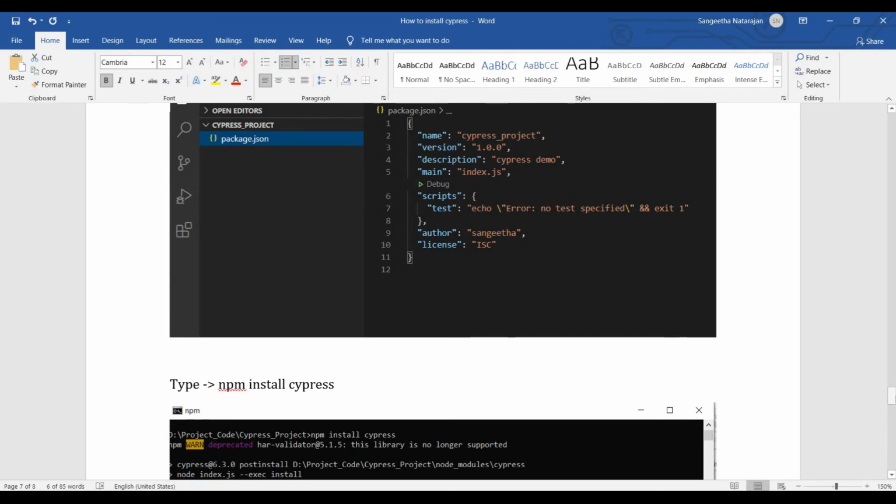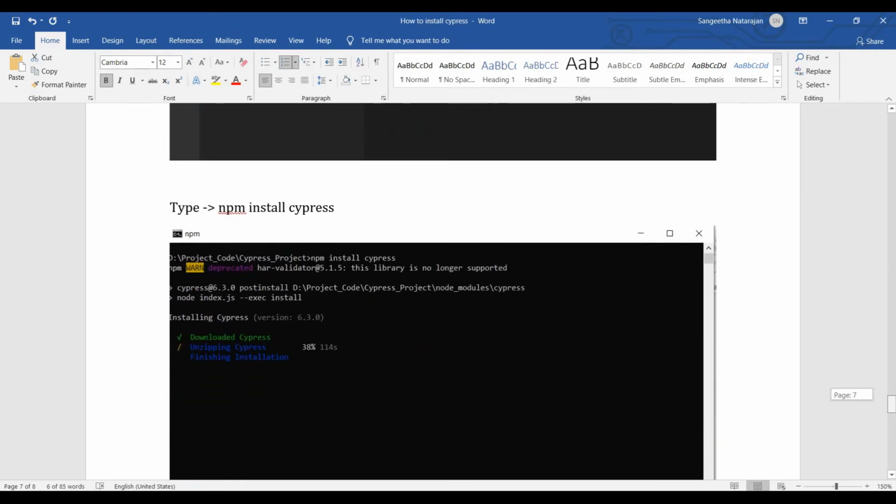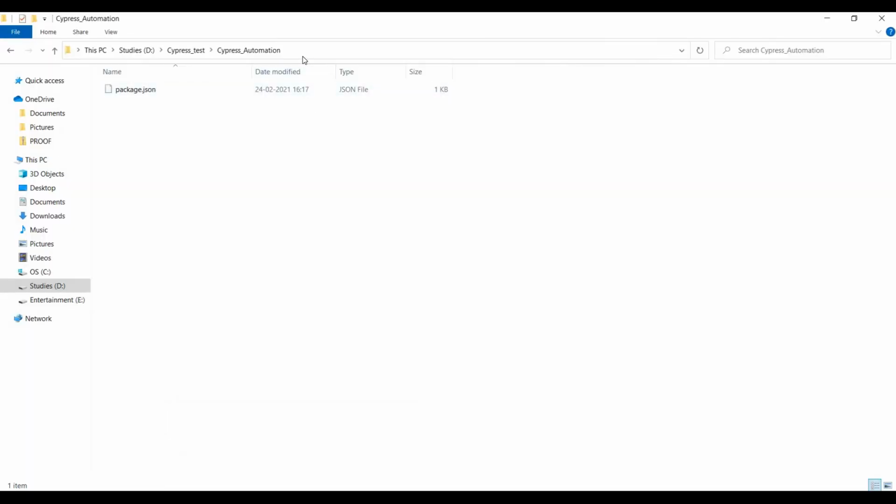So next is npm install cypress. We have successfully created package.json, then we have to install Cypress. Okay, so this is the way we connect the Visual Studio editor and Node.js. Okay, so how can we install? Go to that same workspace, which is the Cypress workspace directory.